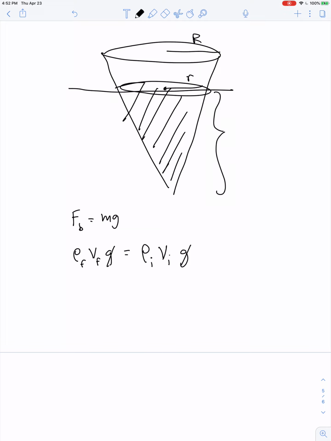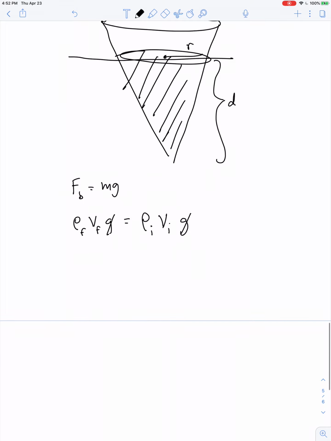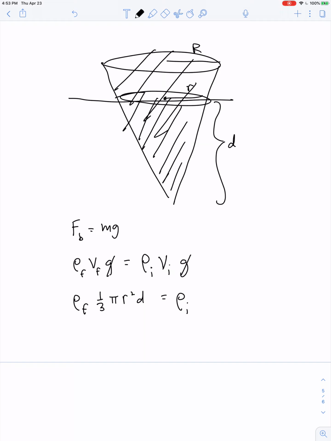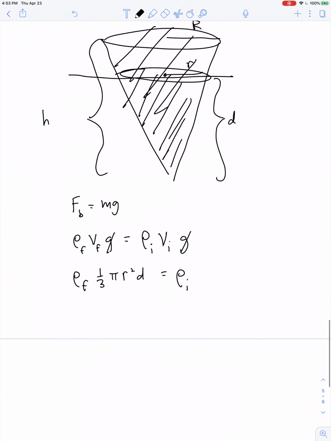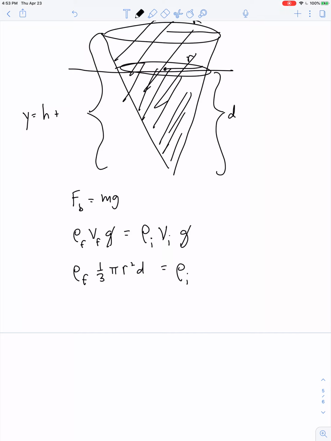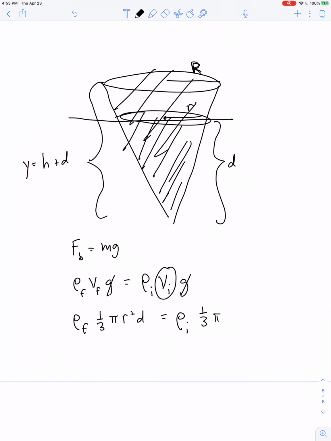Now remember, we've said that this is a depth of d, so this is density of the fluid times 1/3 times pi times little r squared times d. And that's equal to the density of the ice times the volume of the whole iceberg, which is the whole thing. Now it has a height of, what do we call that? Y? Sure. Y, that's equal to h plus d. So this is 1/3 pi capital R squared